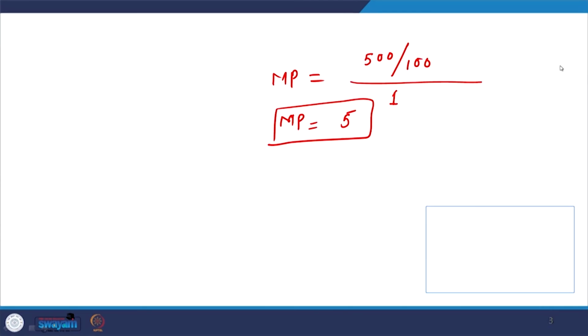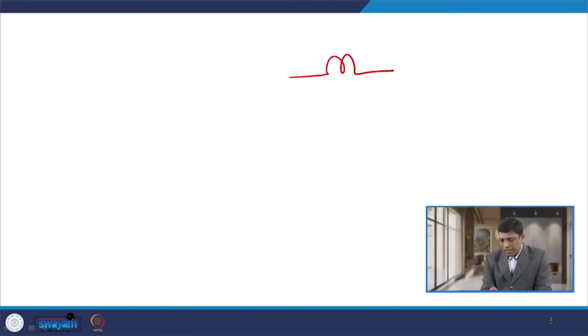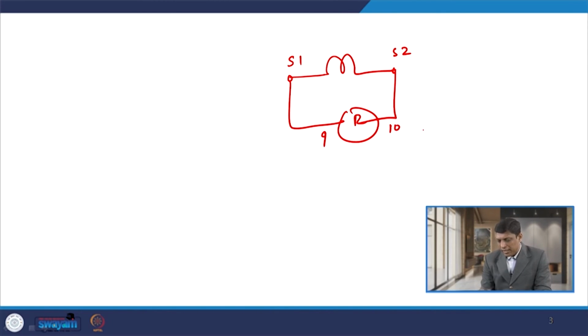Now, what is this CT shorting switch? As I told you earlier, the CT has two terminals on the secondary side, S1 and S2, and I am going to connect the relay coil across these two terminals. Let us say the relay terminal numbers are 9 and 10 for an electromechanical relay. So, whenever I remove this relay,